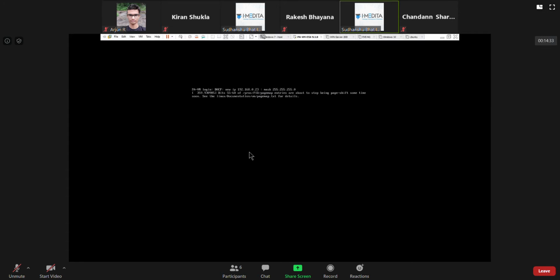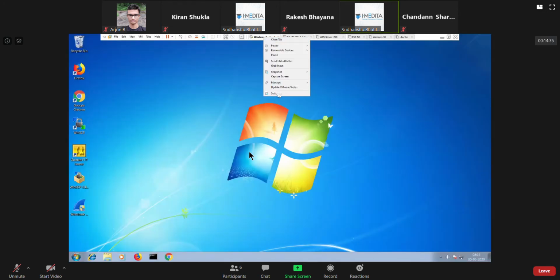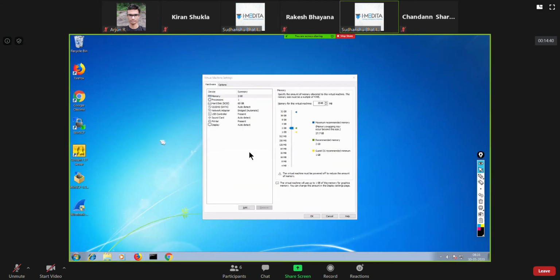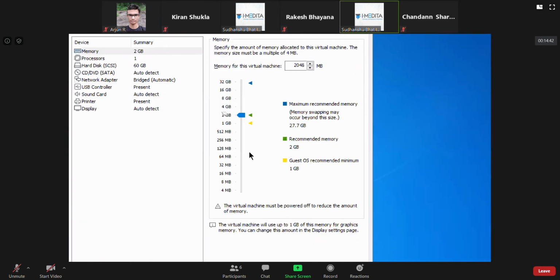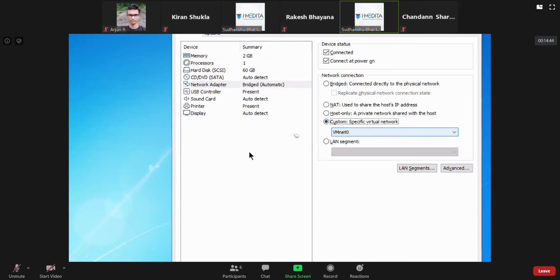If I go to this other machine, which is the Windows 7 machine, and look at its settings, it just has one network card. For that also I'll connect it to VMnet 1. Since I've connected it to VMnet 1, I've made it part of this subnetwork.